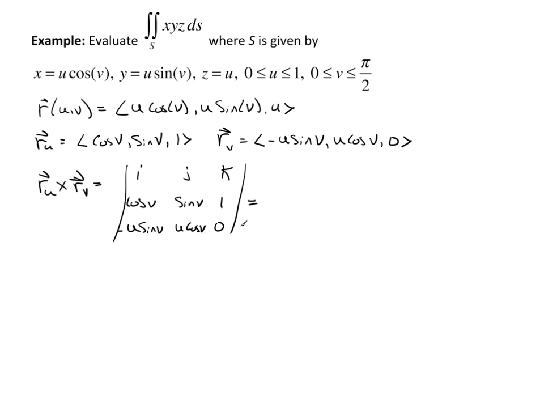And let's go ahead and do this cross product. So I'm going to have 0 minus u cosine v i